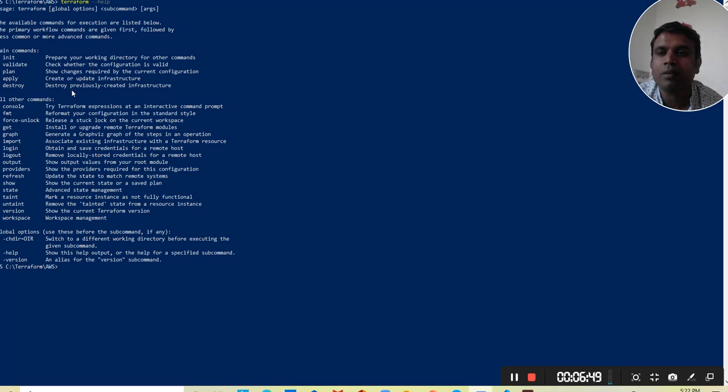When you run Terraform destroy, it will destroy whatever the last run code you have implemented. It will destroy that instance. So we have to be very careful at the time of running this Terraform destroy. Other commands we will look into later, but in today's session we will just check these five main commands.